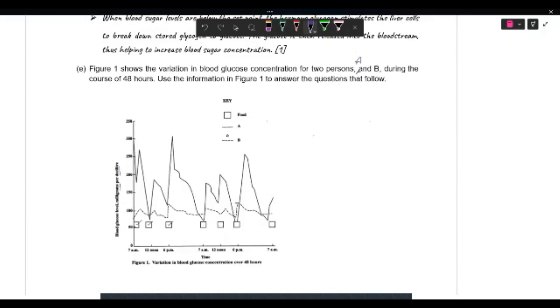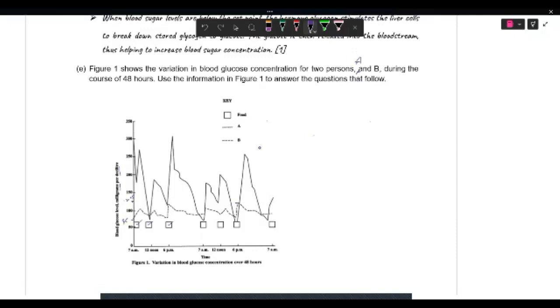And person B now, we don't see these huge spikes. The highest spike we've seen is around here. That could be like 125 or so. And this one is a little higher. Yeah, it's about 125, the highest level. The lowest is about 75, right? And it doesn't get much higher than that, which is a sign that this person is managing their blood glucose